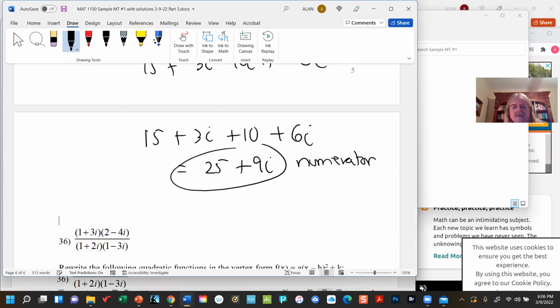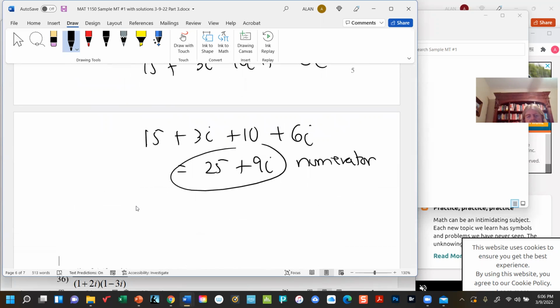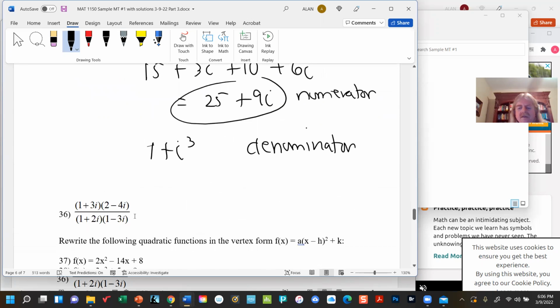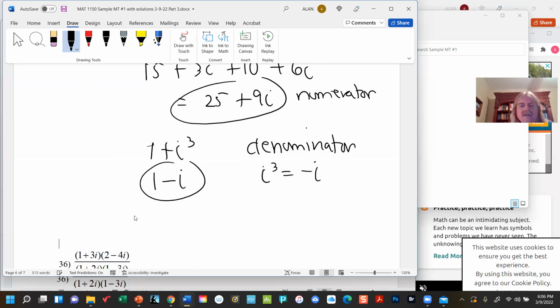Now, the denominator is just 1 plus i cubed, but remember, i cubed is -i. Okay, so this can be rewritten as 1 minus i. Now, here's the thing though. That means that the final result is 25 plus 9i. But you know what that means? Once you get to that point,